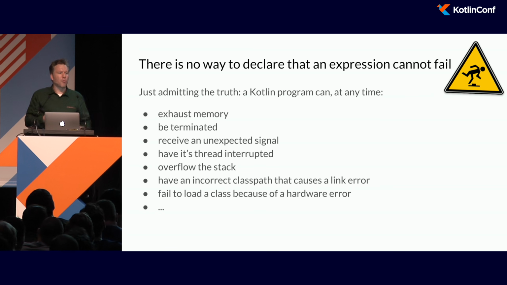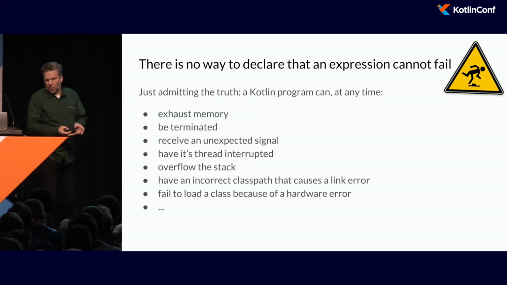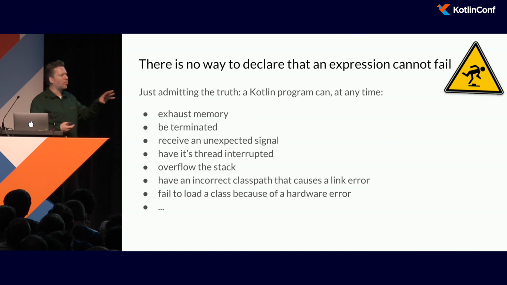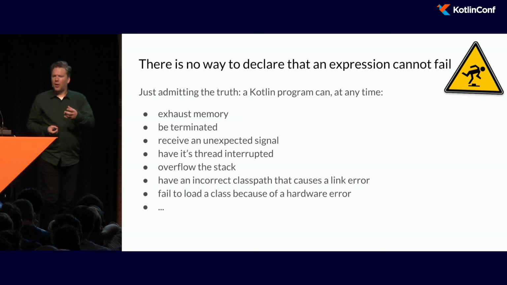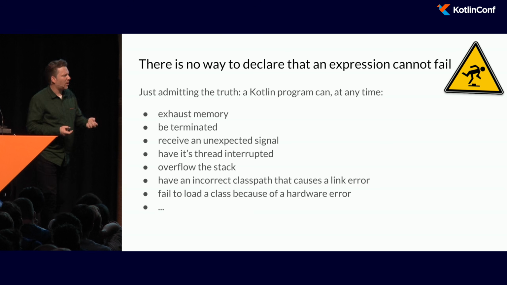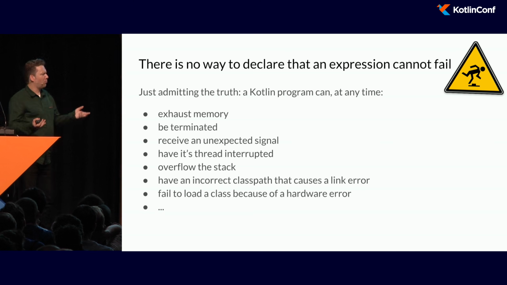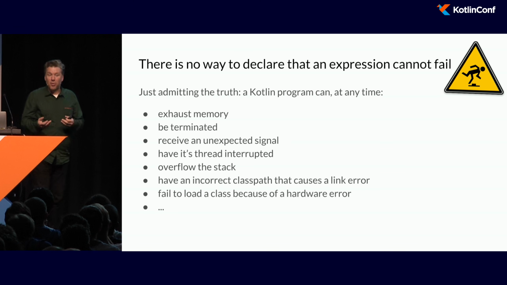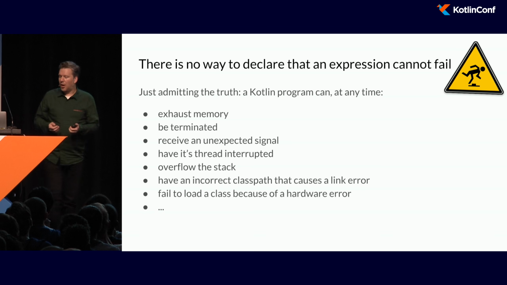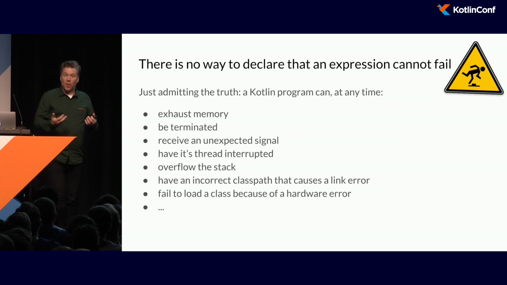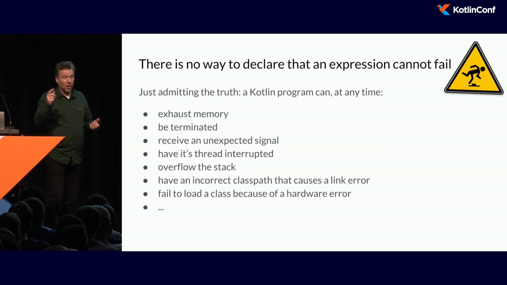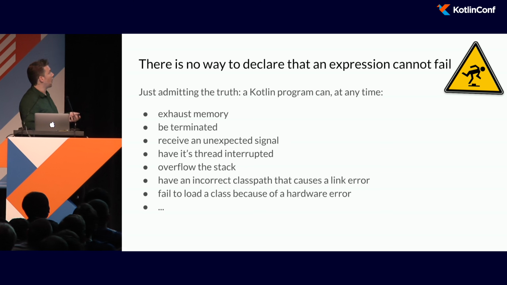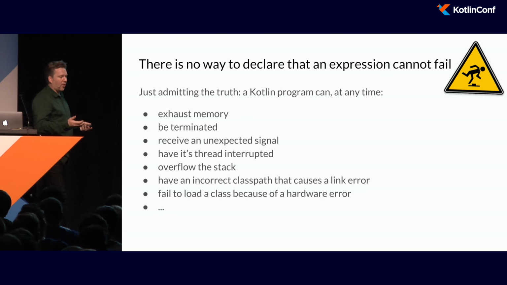But because nothing is the very root of the type hierarchy, it's included as an element of every type in the system. There's no way to express in the type system that an expression will not fail, right? Which I guess is just pragmatic, right? It's like things fail, right? Our system might just get turned off. It might run out of memory, might call a library function that blows the stack. We might have messed up our packaging of our application, and it will run into some code, and the class will not be on the class path, and you'll just get a link exception. So, yeah, you can't declare that something can't fail in Kotlin.